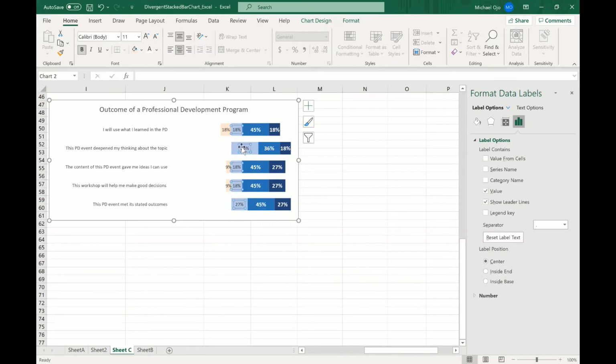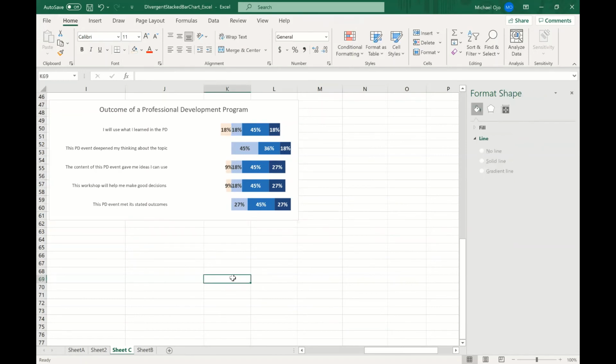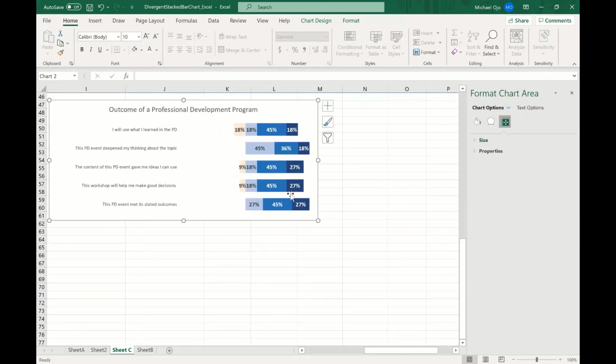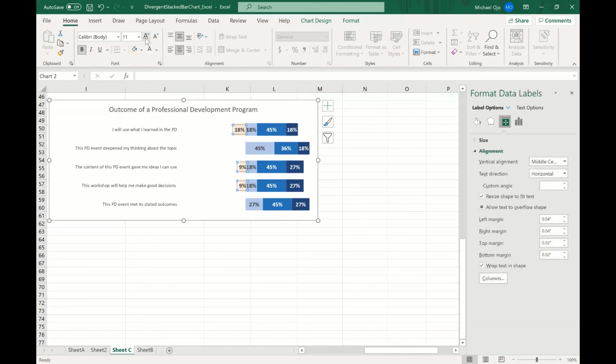So I don't think I need to change this to white because it's easy to see. I can just make it bigger and bolder. I do the same thing here, make it bolder, and also get it bigger. You see right now? So there is a bit of overlap. So because of that, I can try to increase the length, or I can try to make it smaller because I don't want it to be clumsy.